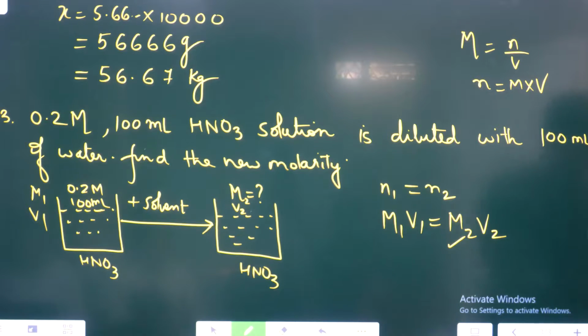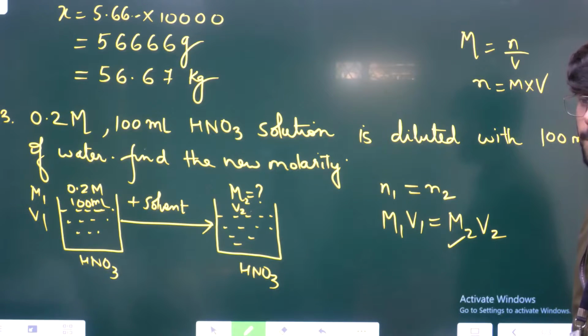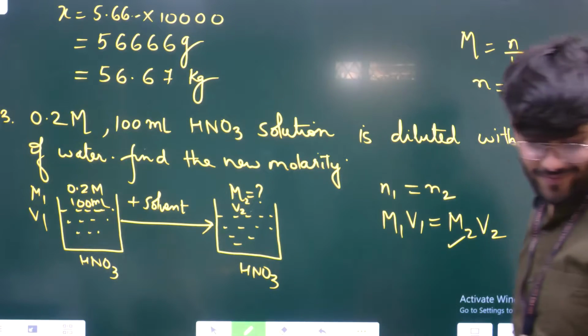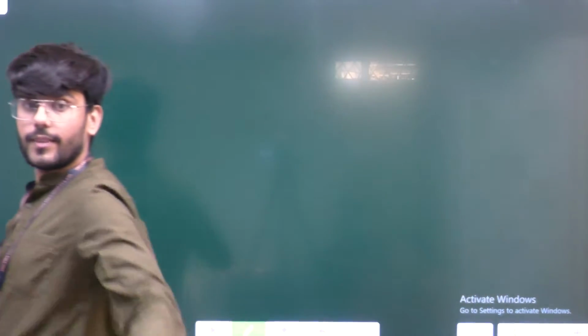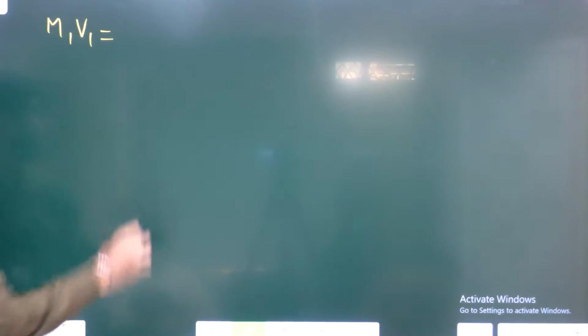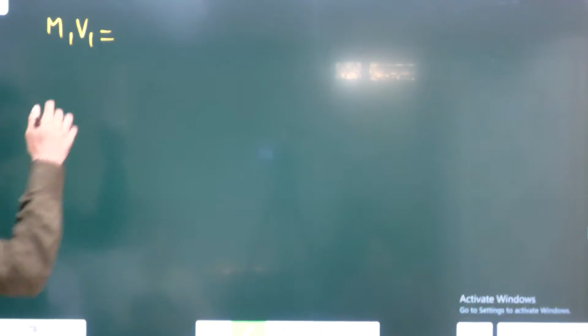Yes, anything else? 0.1, 0.2, 0.1. Okay. चलो 0.2, 0.2. देखो फिर भी ठीक है 0.1 0.2 के बीच में ही है